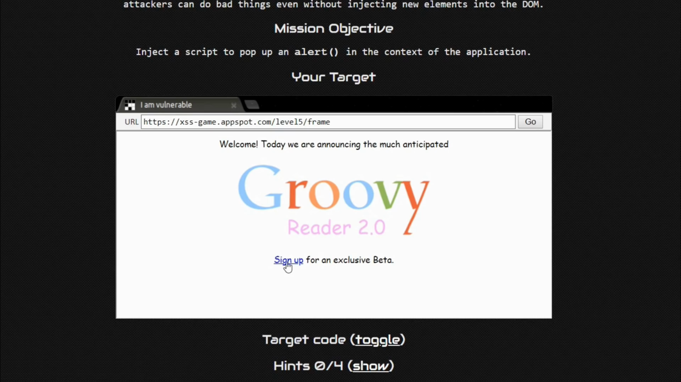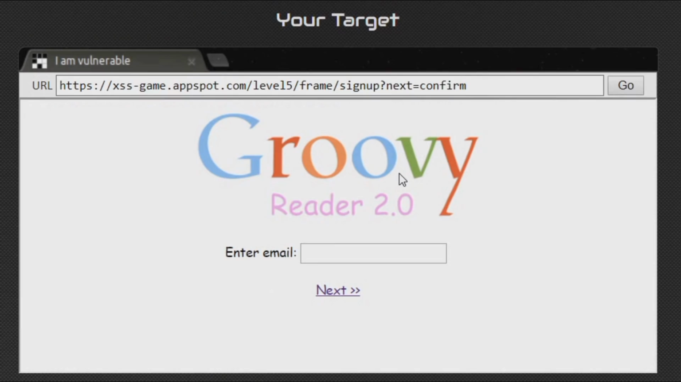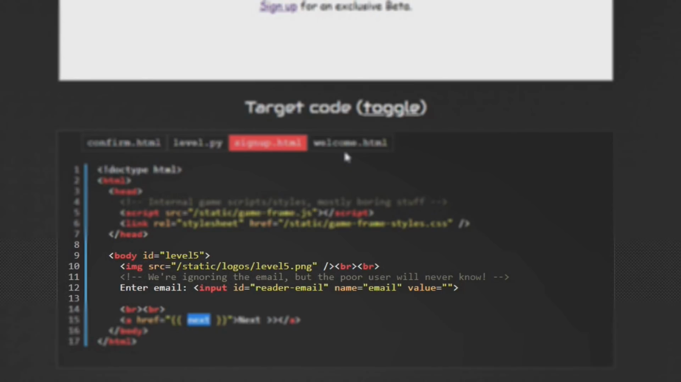Right. So when we click on the sign up link, we are redirected to this path with this parameter. And where does this take us? It takes us to this page, which is the signup.html. So if the parameter next is given the value confirm, we are being redirected to signup.html by the level.py server-side code. And in the signup.html web page, there is an input field which takes the email ID input, which is apparently ignored. And there is an anchor tag here as well that takes us to the value of the variable